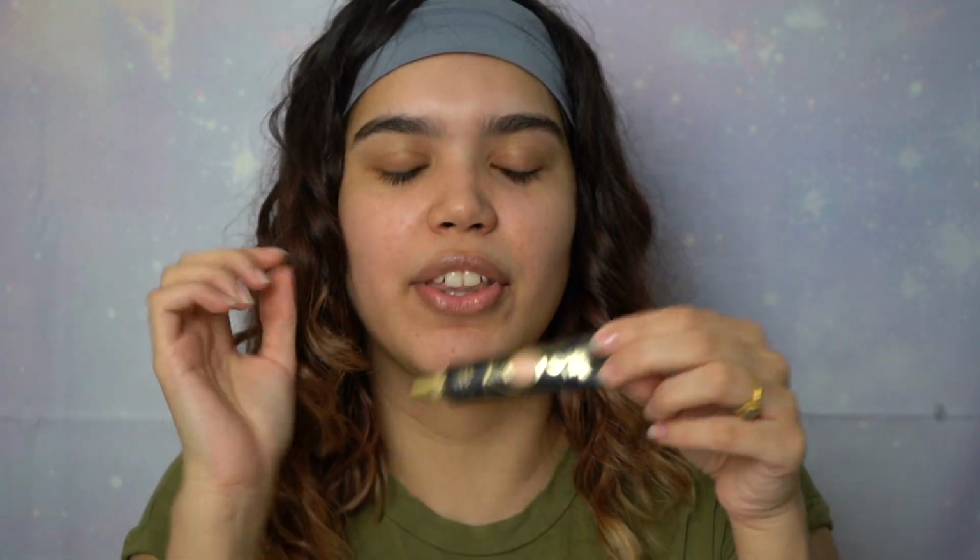I already have my hair pulled back, even though it's not all the way because it's still touching my face, but you can't tell the fringe what to do. Starting out with our Plouise base. Yes, my favorite thing. So it is an eyeshadow base, or you can use it as a concealer. If you do,